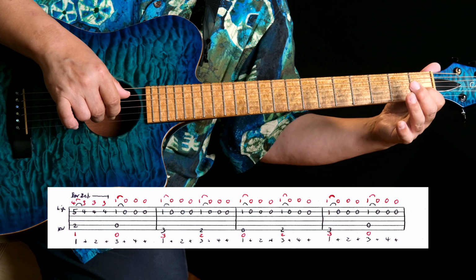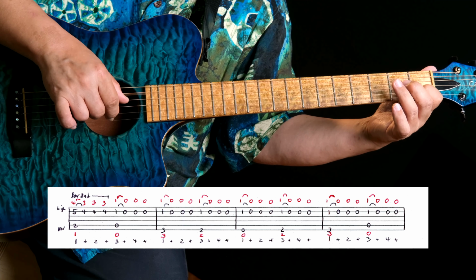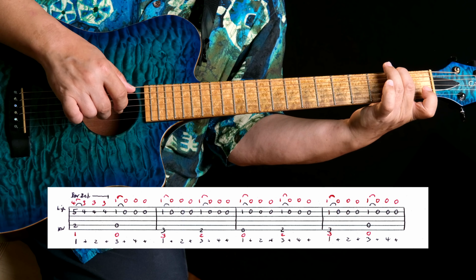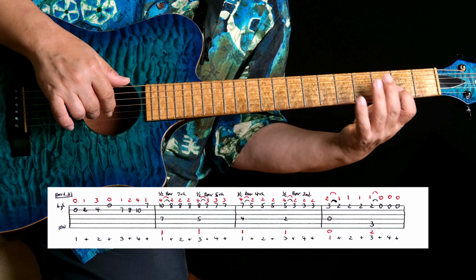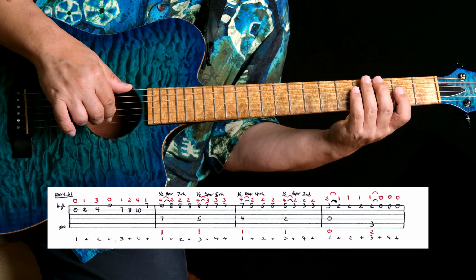So you're doing the same pull off thing with your first finger on each bass note. Then 3rd fret, 2nd fret, open, back to 2nd fret, back to the 3rd fret, and back to open. Okay? So let's do the whole thing. This is your part 3 part of this lesson. So 1 and 2 and 3 and 4 and